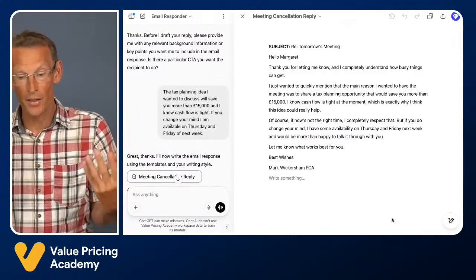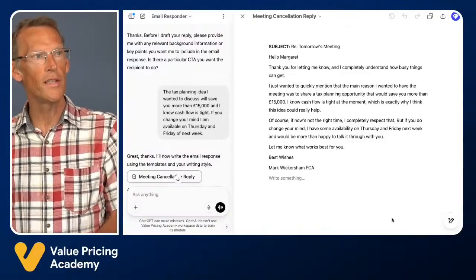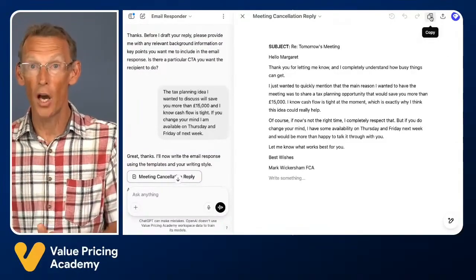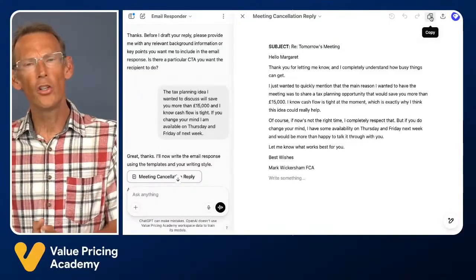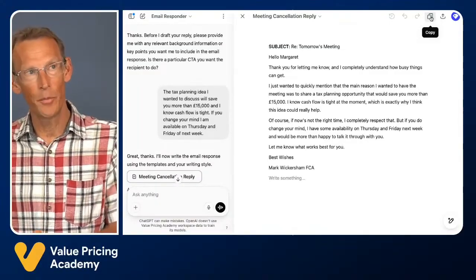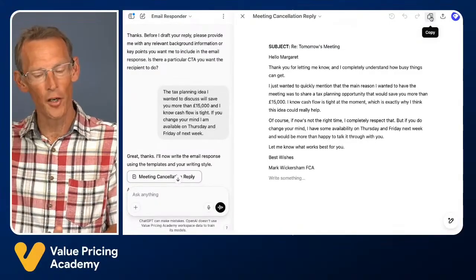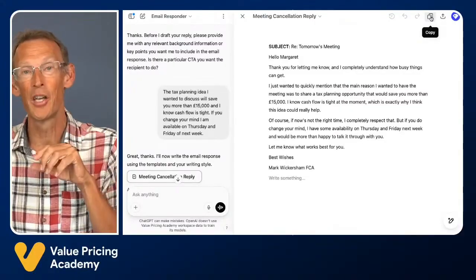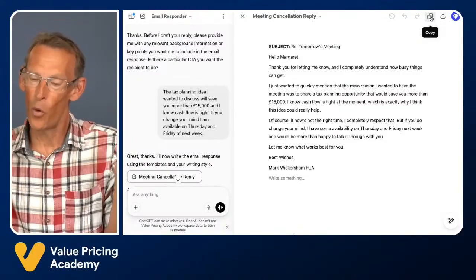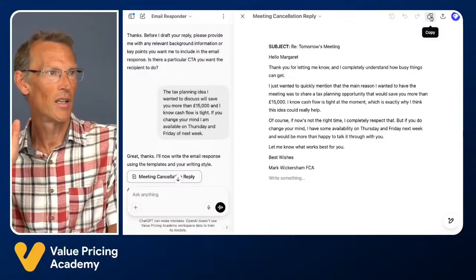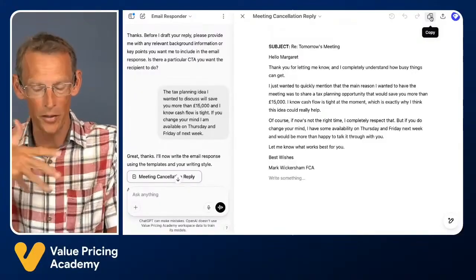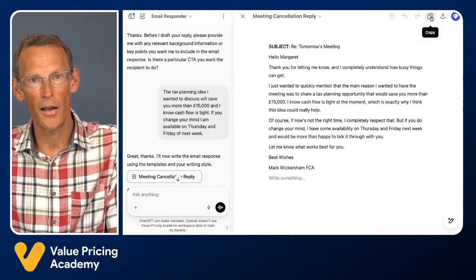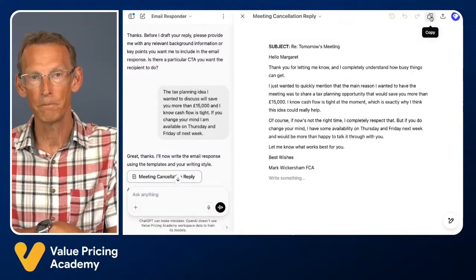And if I was in practice and I got that email, I probably wouldn't need to edit that in the slightest. I would just hit the copy button, paste it into email, job done. So I don't know how long you spend dealing with emails in a typical day or a typical week. In fact, one of the firms that I was with in Portugal last week, his inbox was over 2,000. I know some firms spend so much of their day dealing with emails. What might be a 10-minute task, this is probably less than a minute. I know I've been talking through as well, but it probably would have taken less than a minute to create an email like this when you have a GPT.